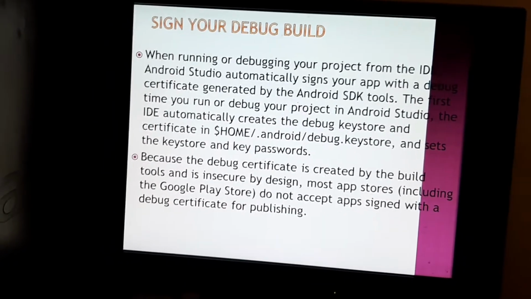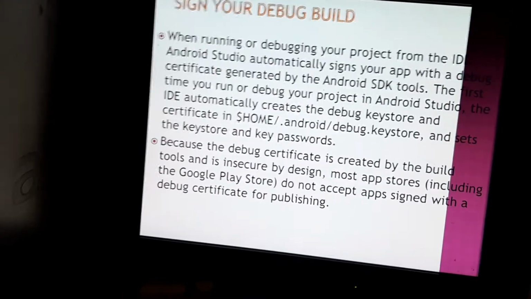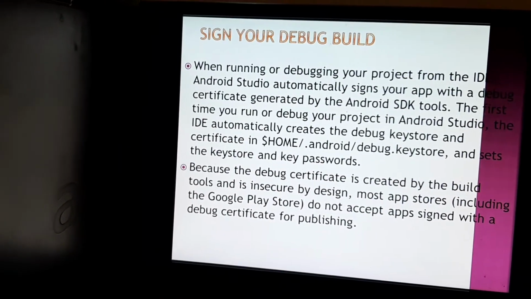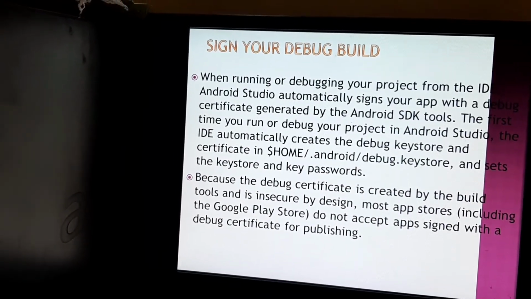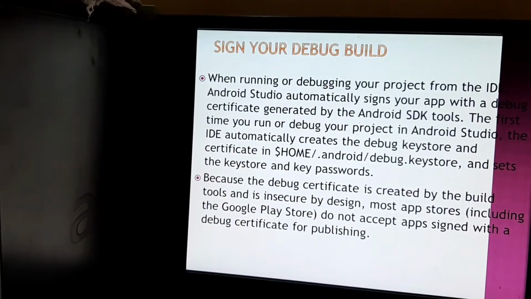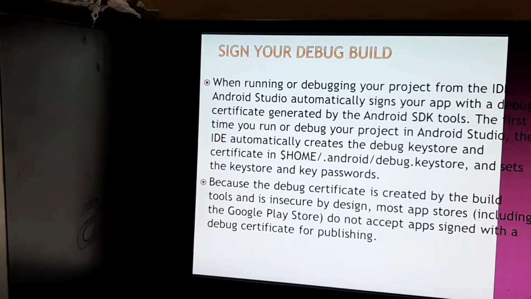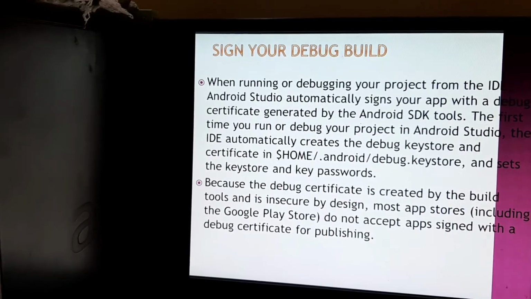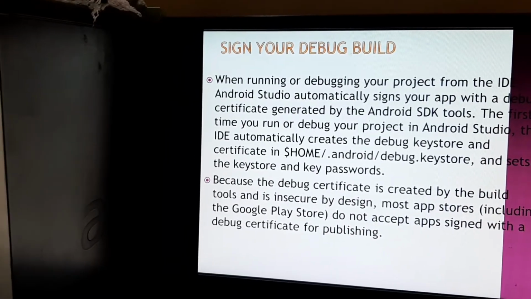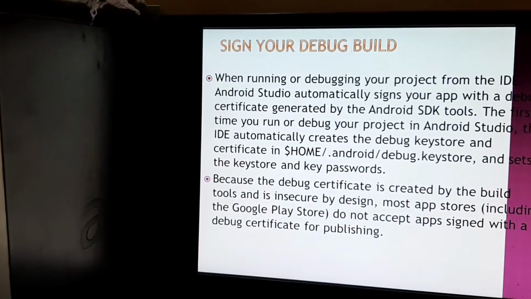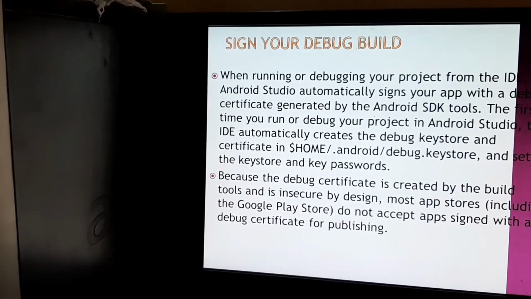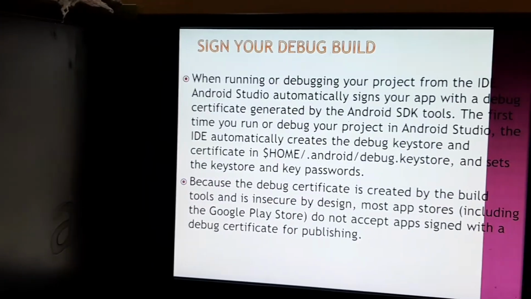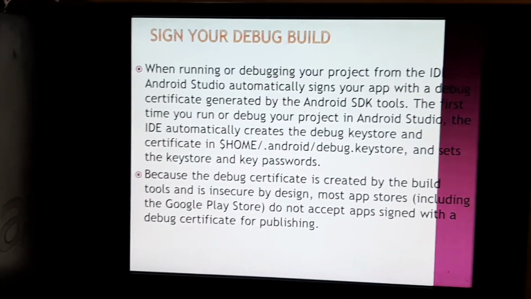Android Studio automatically stores your debug signing information in a signing configuration, so you do not have to enter it every time you debug. A signing configuration is an object consisting of all of the necessary information to sign your app, including the keystore location, keystore password, key name, and key password. You cannot directly edit the debug signing configuration, but you can configure how you sign your release build. You just have to build and run the app.